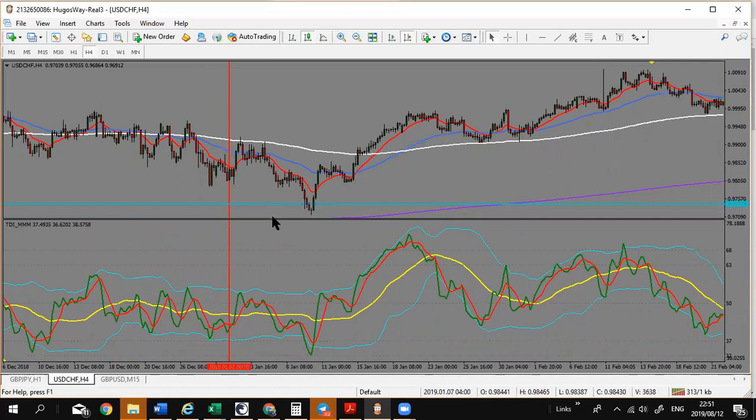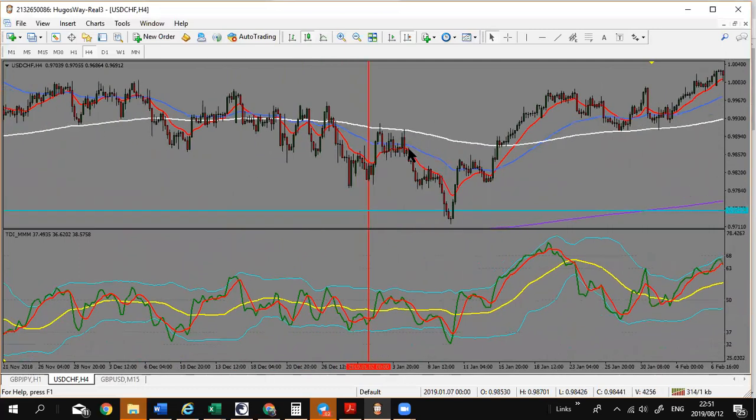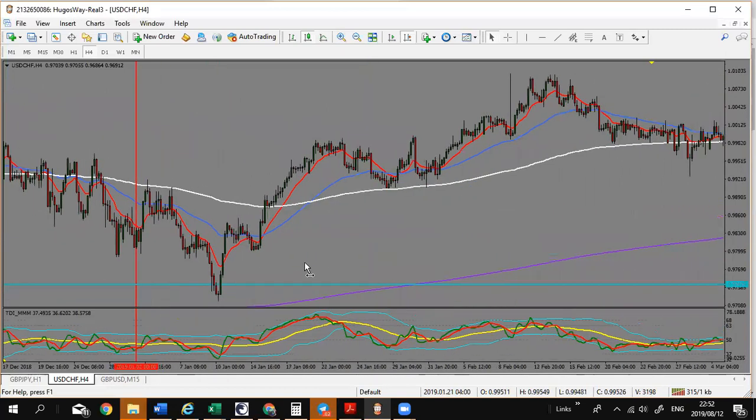Okay. And apart from that, if we go back a little bit further, I thought we had some divergence over here, but not really. Anyway, so like I said,